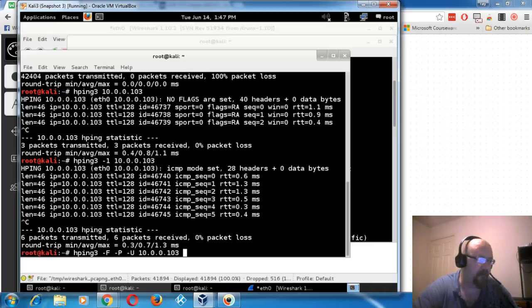103, there we go. And then a port number of 80. Now in this case here, I'm not going to really run this because it doesn't actually work against Windows. Okay, there are some rules, I guess you could say,